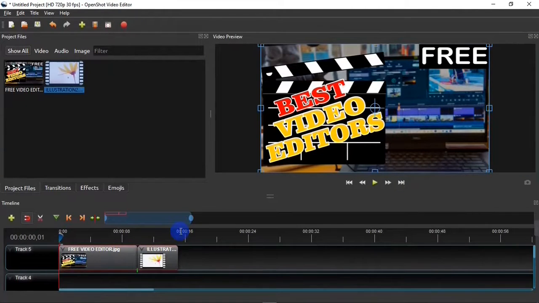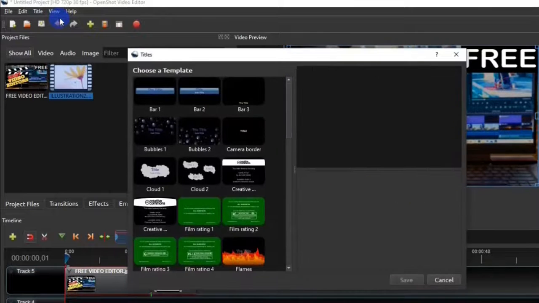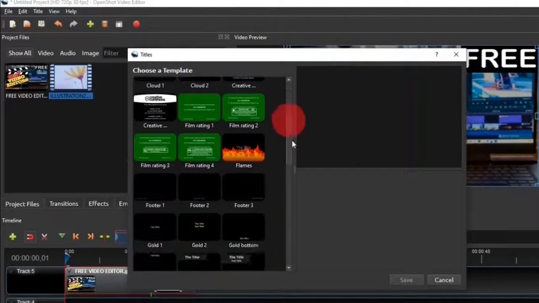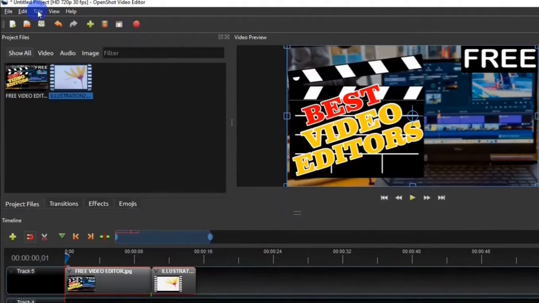So the downside about this video editor is in the title. When you hit the titles button right here, as you can see, you have the title button. When you hit the title button, you can add regular titles to your video project. So you have a bunch of templates right here. When I close this and you go over to the title again, there's a second button down there to